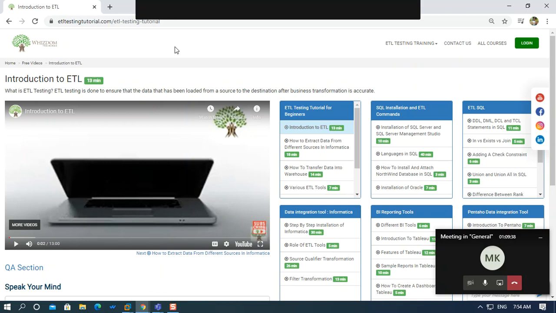You don't have another option, right? Space is required. See, Informatica consumes a lot of space, and even SQL and Oracle. And the moment the meeting ends, I will share you the file of Oracle.